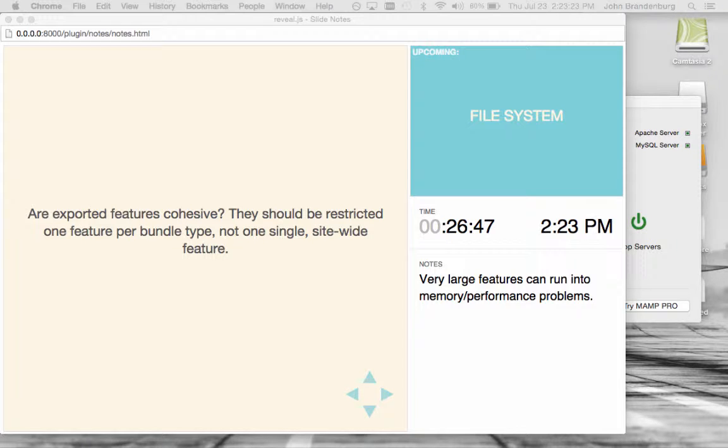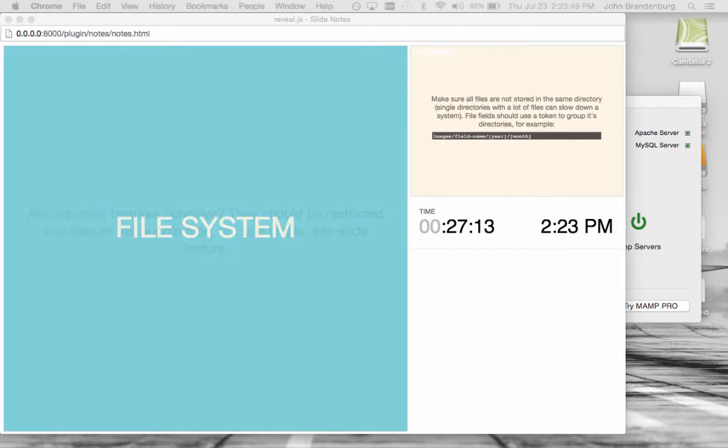Are the features cohesive? I feel it should be restricted to one feature per bundle type, not some single monolithic site-wide feature. You'll just run into memory issues, and it'll take you a long time to load and re-export. So it's generally helpful to export a single feature. So, getting into the file system,